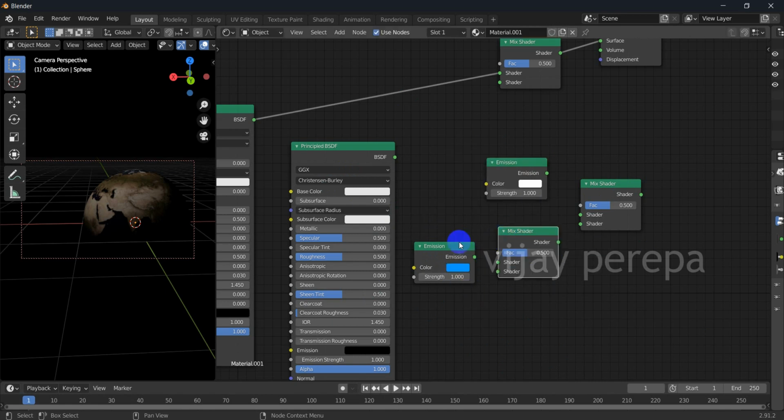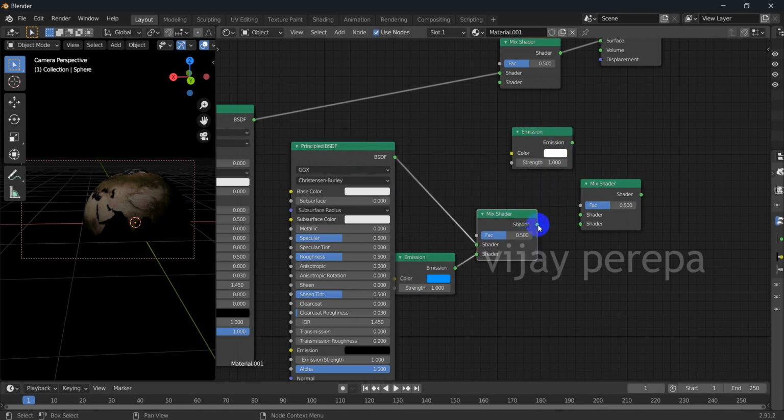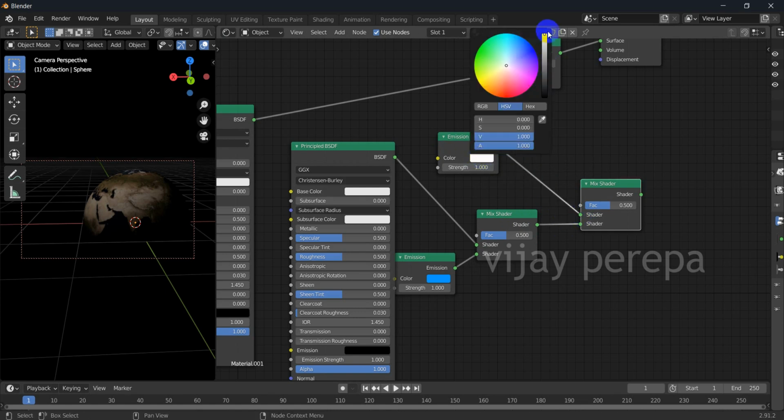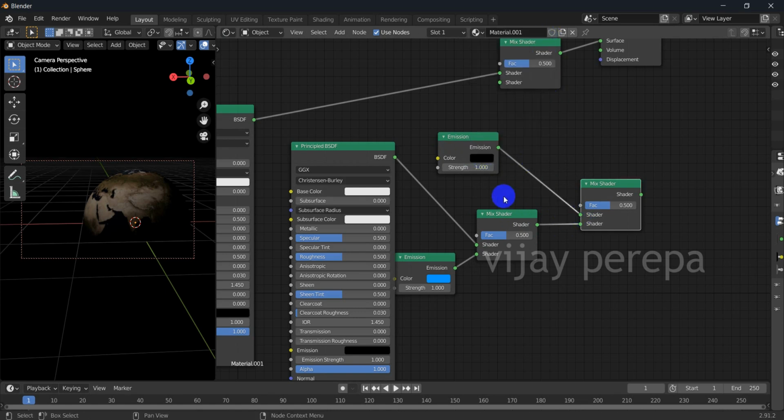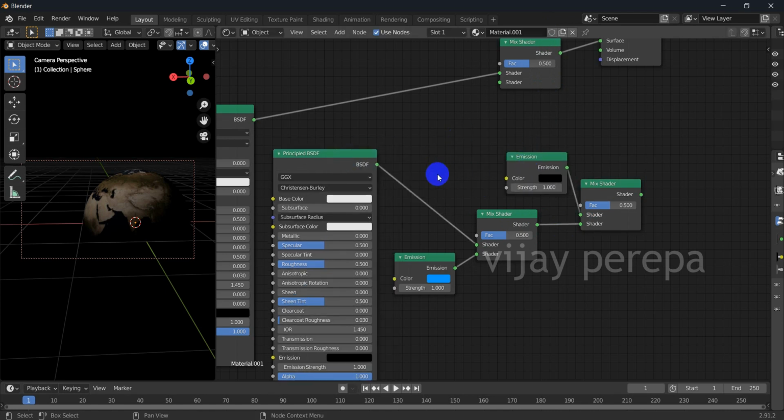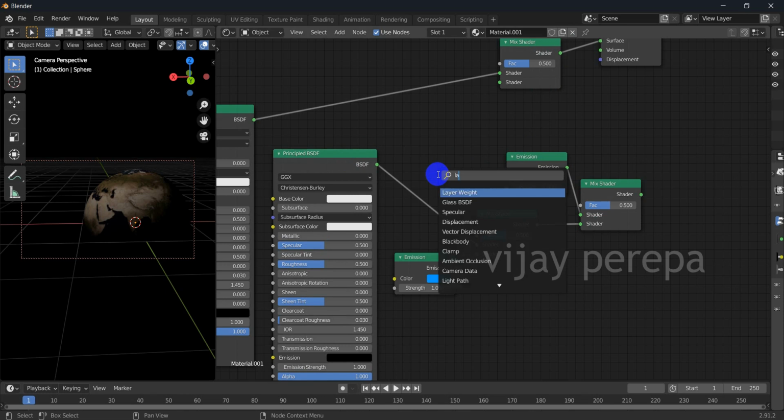Connect to the first mix shader. So this shader to here and BSDF to here. So now this needs to be connected to the second mix shader, and then the second connection will be done from this emission node, and this emission node will be completely diffused. So black color. Now I need to add one important node, that is layer weight.